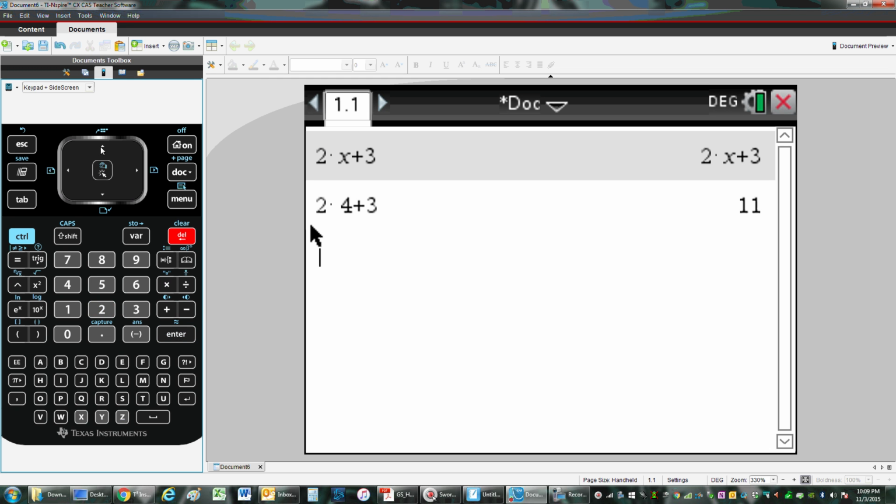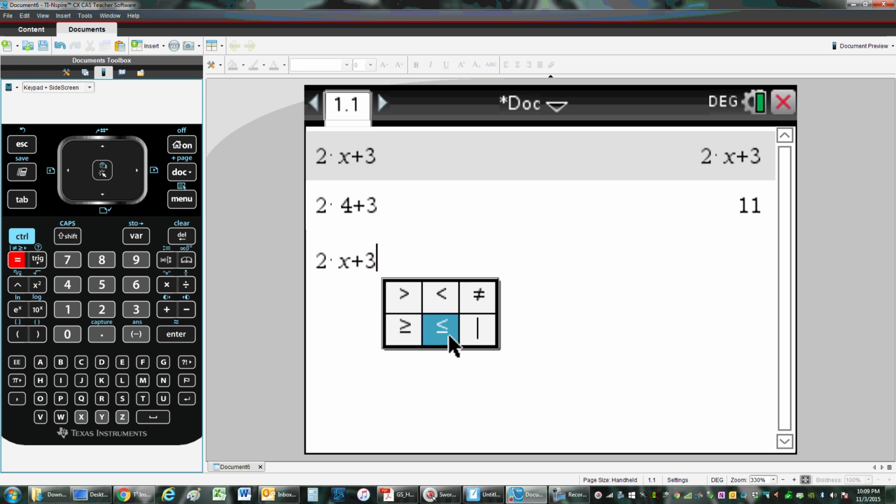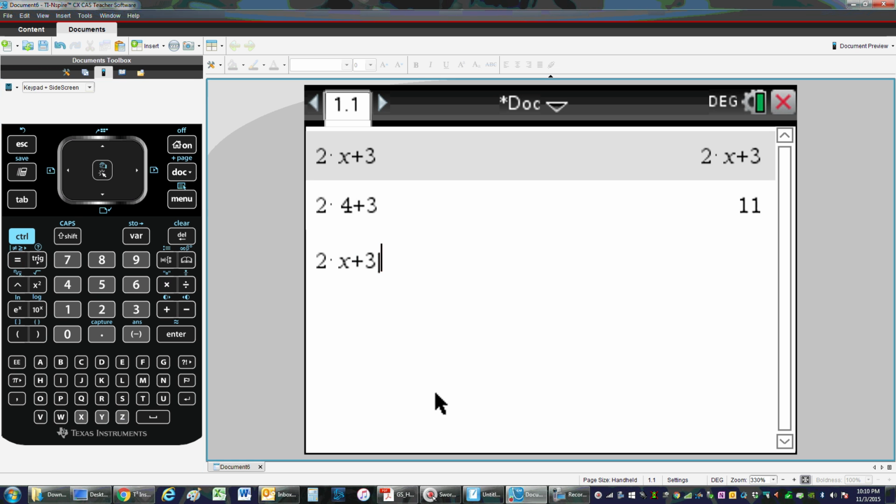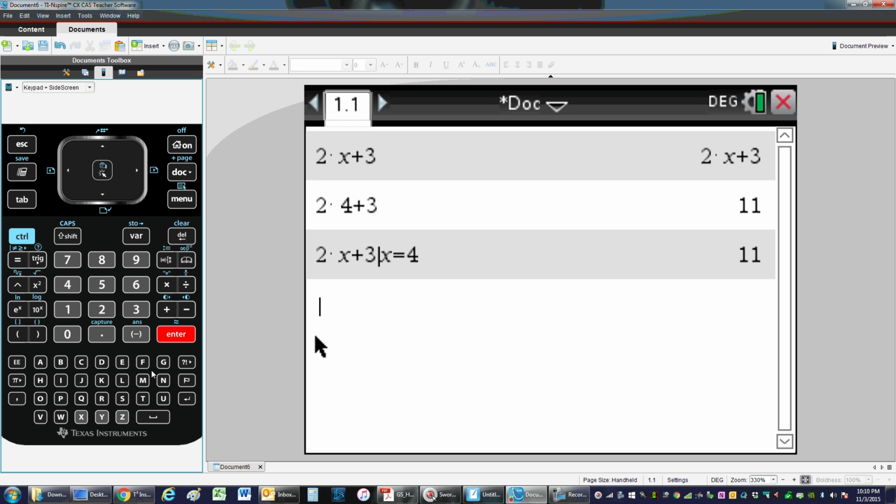In fact, I'm not going to type it in. Let's go up and grab the function. Now, if you hit Control equal, you get your inequality symbols, and then you get this bar symbol. It's kind of the such-that operator. So I want to evaluate the expression 2x plus 3 such that, or where, x equals 4, and it'll do that. And so I can just go back up and copy it, and all I have to do is toggle that last number